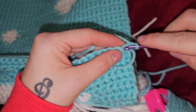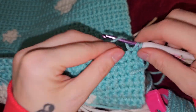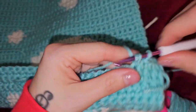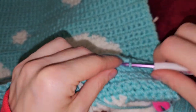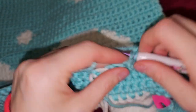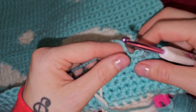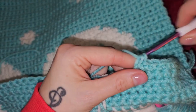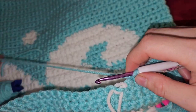Row 49, we're going to do 11 teal, 1, 2, 3, 4, 5, 6, 7, 8, 9, ooh, that's ugly, 9, 10, 11,